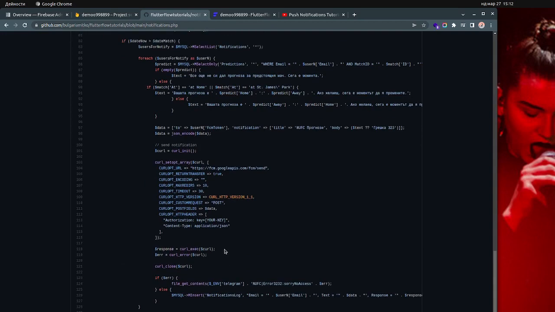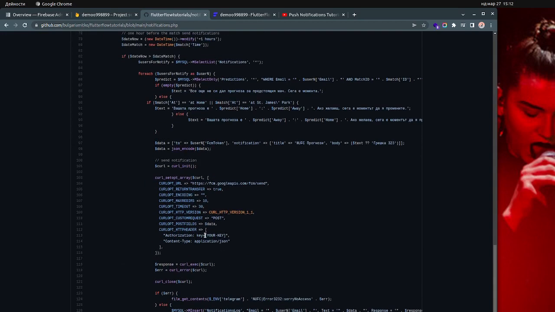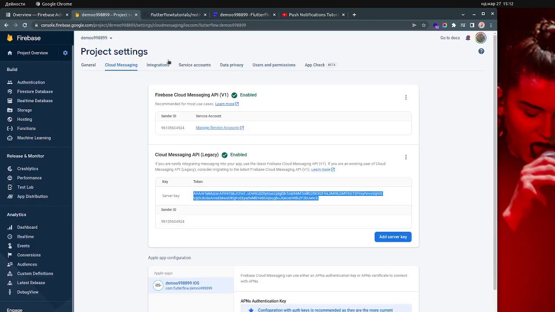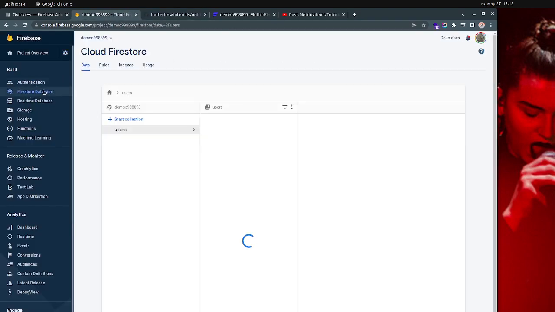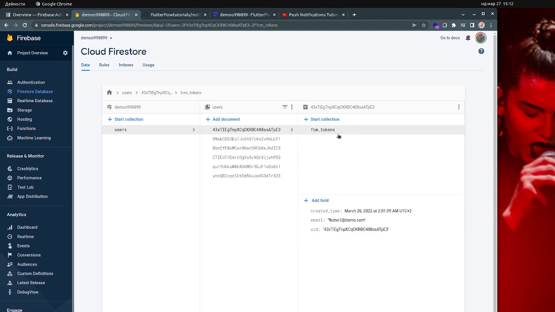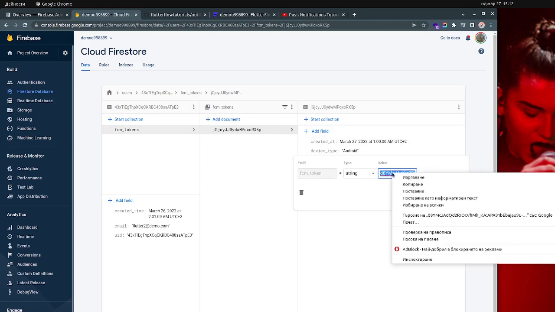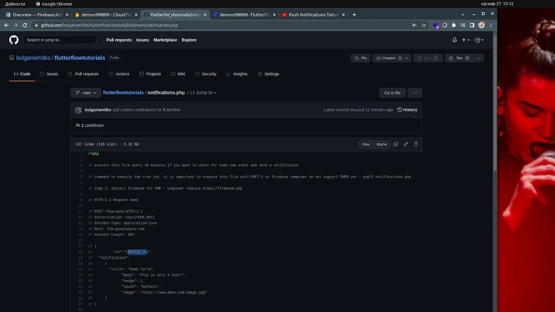And in PHP, this is where you should put your key. And when you do this, the next step is to take the device ID. You can take it from your database, user FC tokens, the device that you want. In this case, I have only one device, and this is the ID that you need to take, and just put it